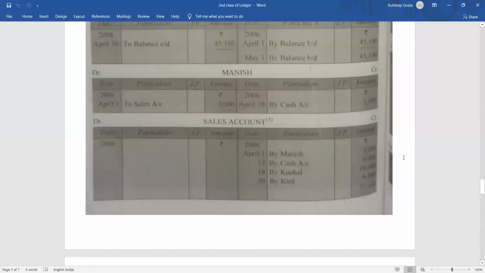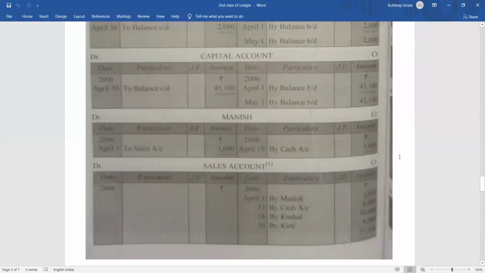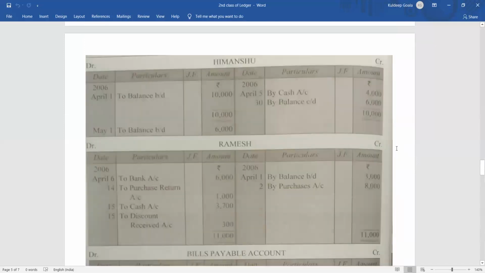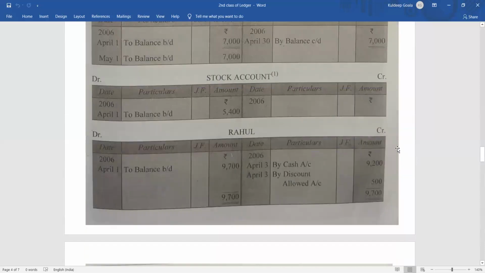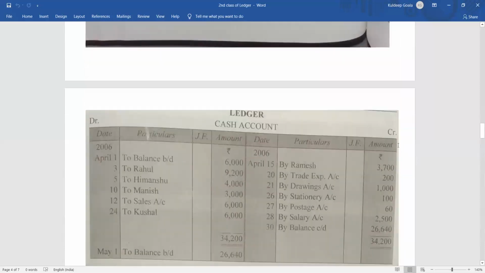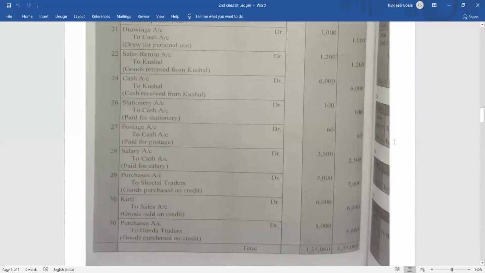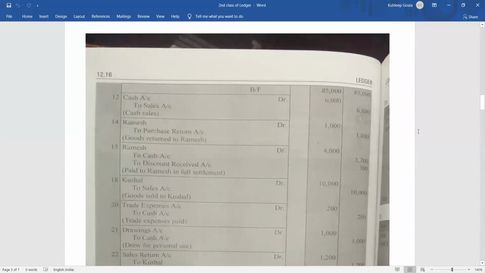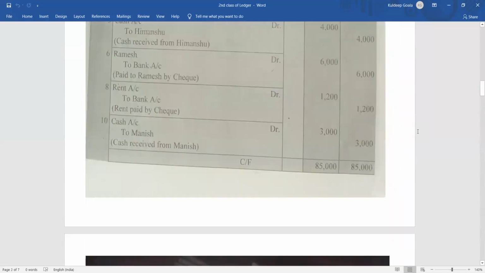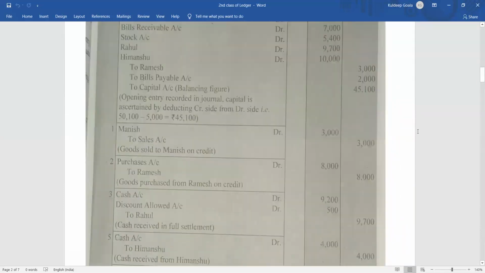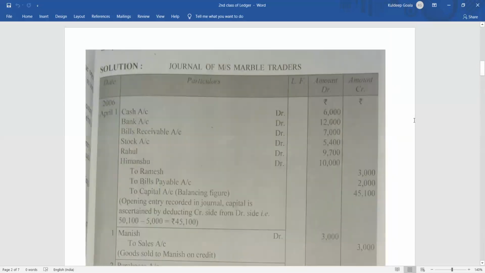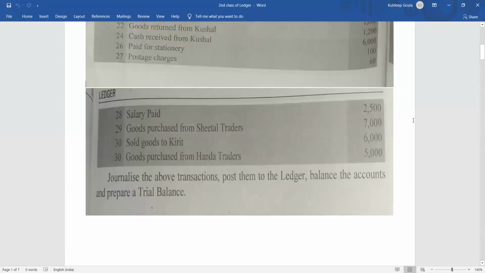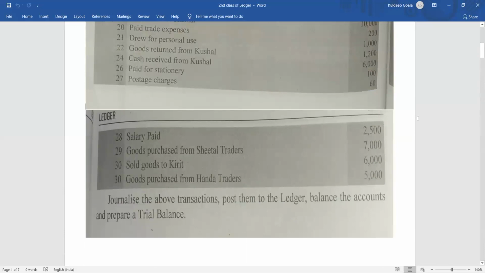Now please go through this properly, because on the basis of this, in the next class I will teach you the trial balance also. Based on the same question, I will explain the trial balance. After explaining with the journal entries, I'll explain with the help of ledger balances only. So study this nicely. In the next accountancy class, I will take the chapter trial balance. So get a good knowledge of this, because journal, then ledger, then trial balance, these are the base.